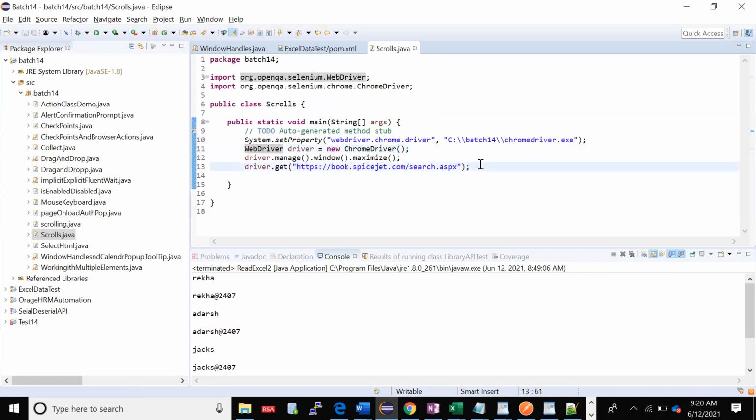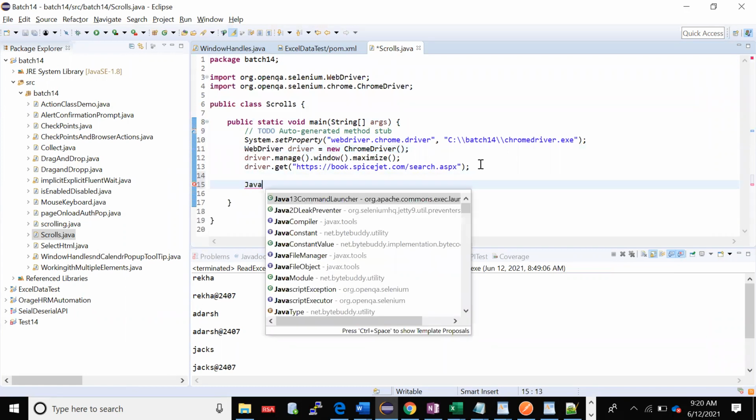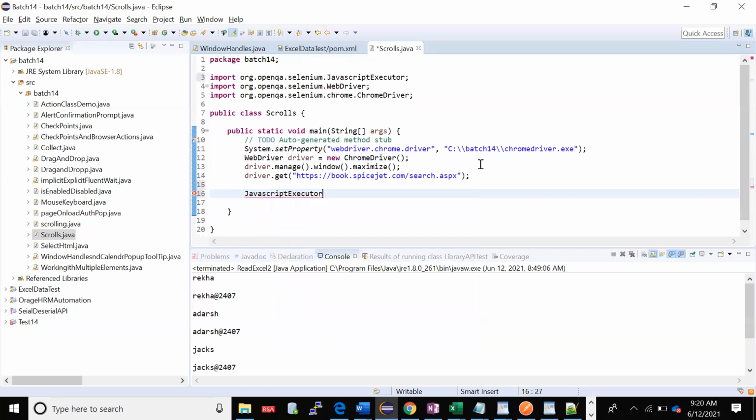Okay. Now, if I want to do scroll, I have my JavaScript Executor. See, it is an interface, import it. J is equal to